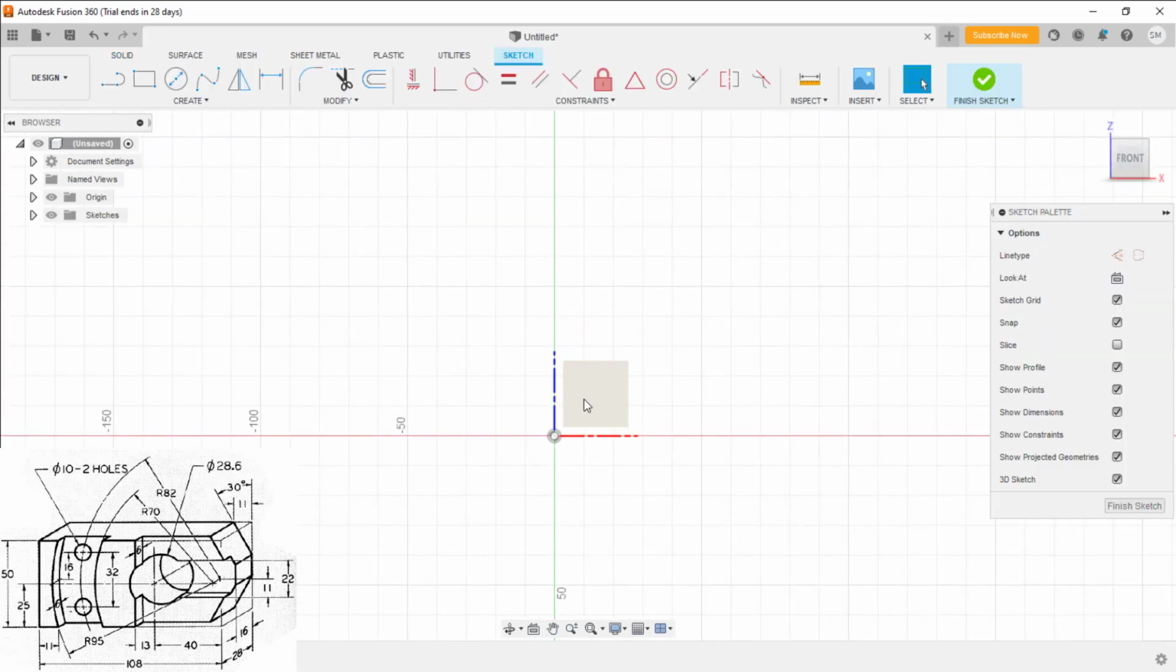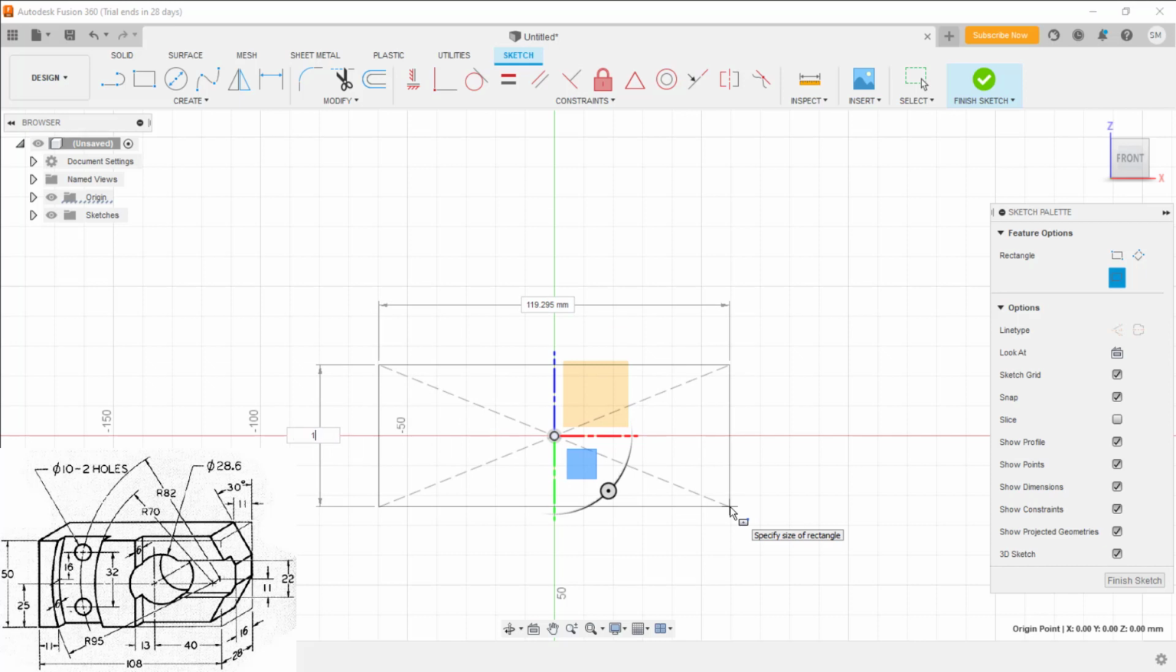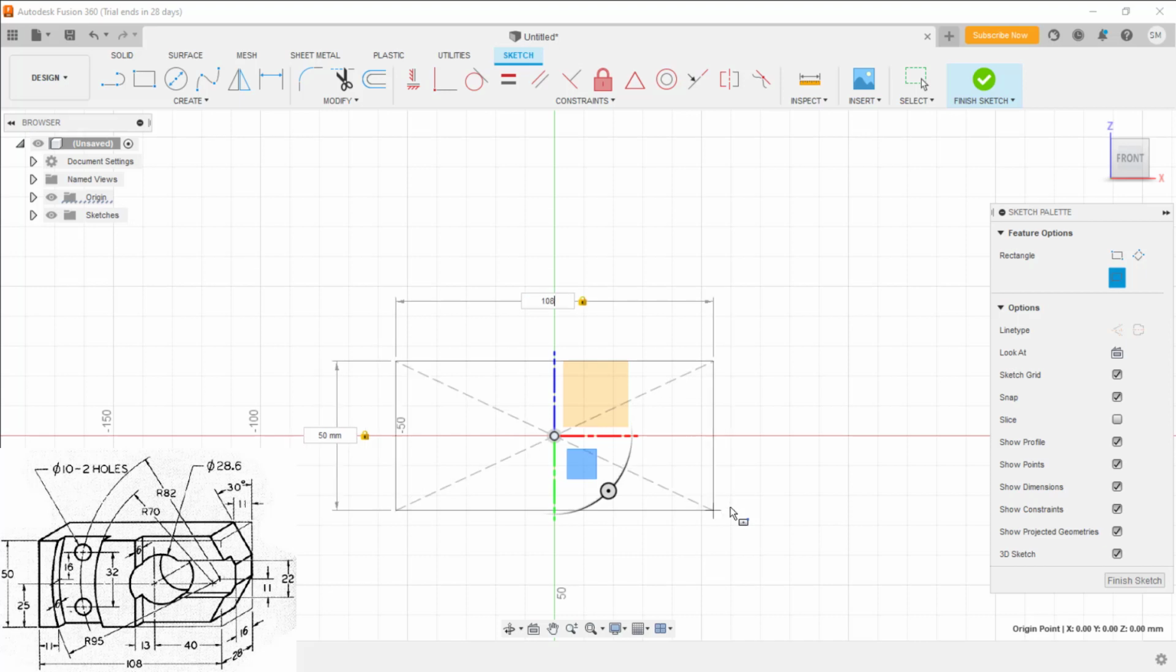You can select the front plane and sketch on it. I'll start with the rectangle, center rectangle. You can enter the dimension directly here only. So it is 50 and tab, this should be 108. Okay,